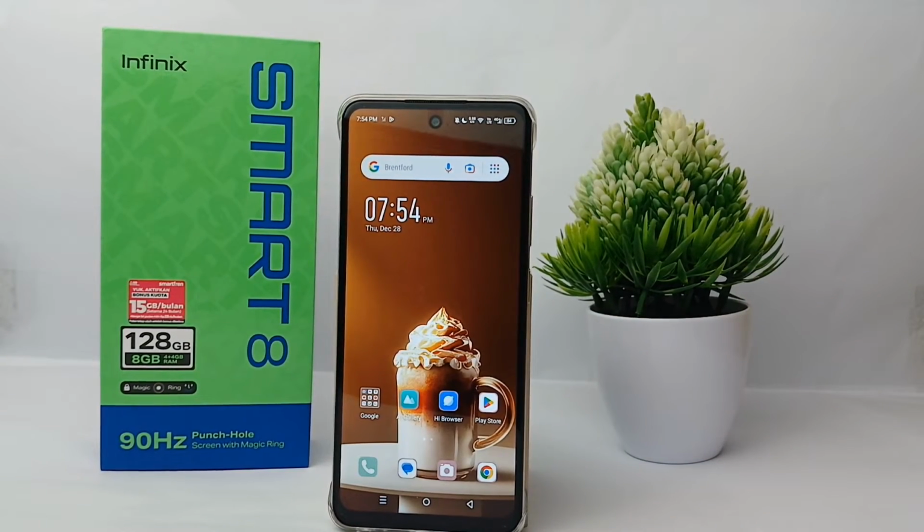So yeah, this is the tutorial on how to overcome forgot password on our Google Play Store account, and thank